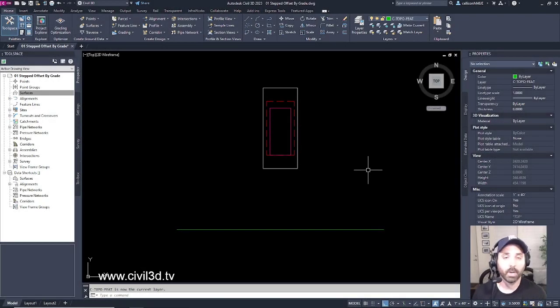Welcome back to a brand new Civil 3D exercise where we're going to be learning a little bit about site grading. We've got a lot right here, as you can see on my screen. And in this exercise, we're going to be learning about stepped offset by grade. That's a command within Civil 3D that we're going to use in order to create kind of like a